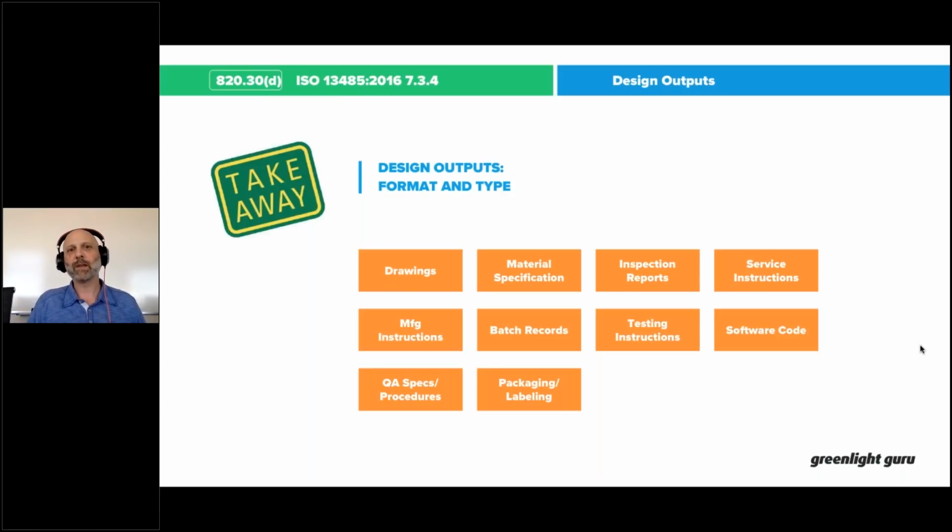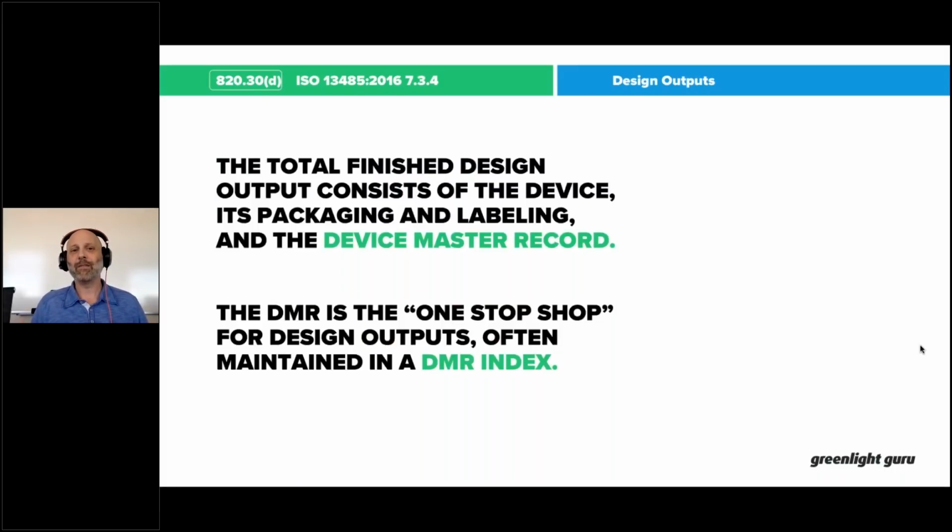And I use that analogy because think of your medical device the same way, and specifically think of design outputs the same way. Design outputs are the recipe for my medical device. It tells me all the components, parts, and pieces that are going to go into making this product, as well as the instructions and the specific criteria that are important for how and what order I need to put things together in, and when I need to check that something is done correctly, and all that sort of thing. So I like it. If it's helpful for you,